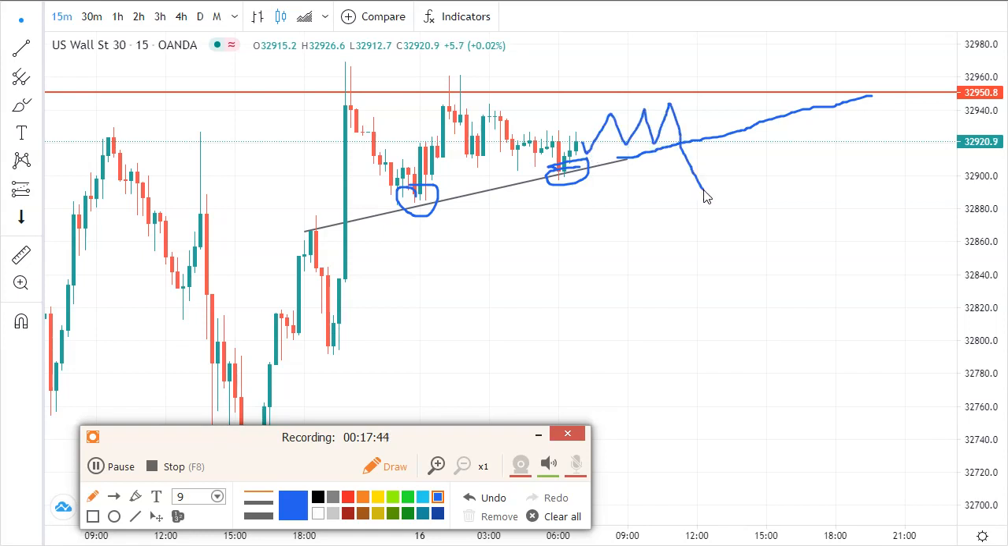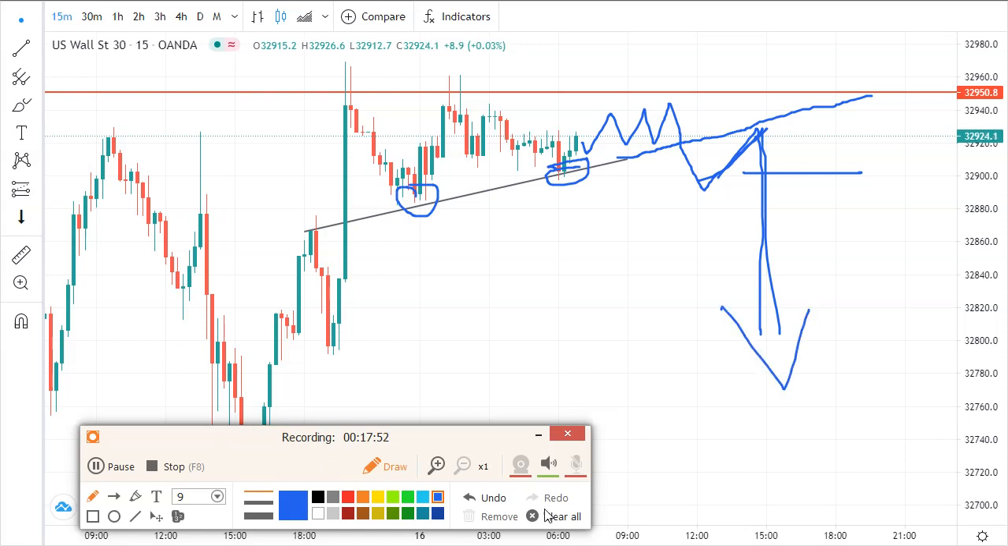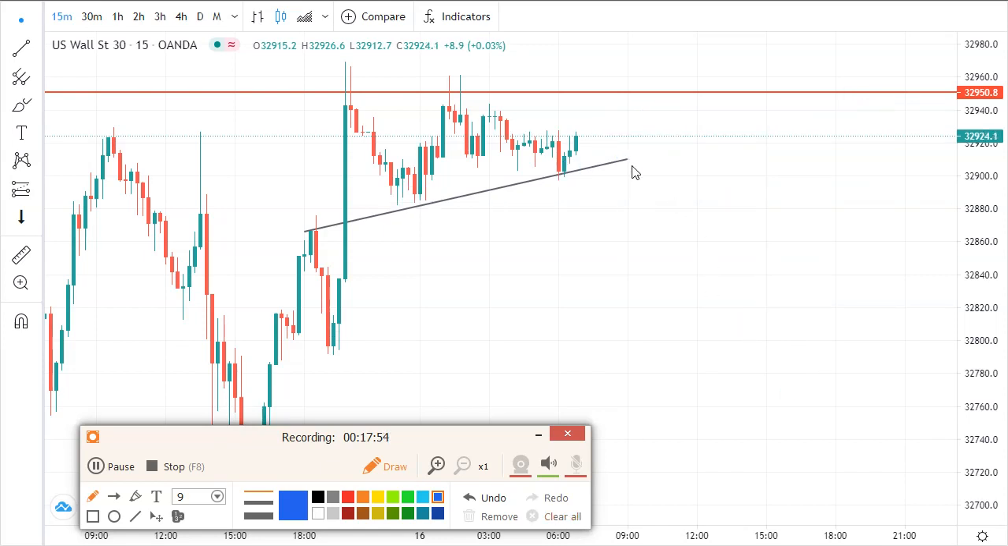When it breaks this point and retests here, you can sell. I like to say when the market retests, because it's a safer way to trade. But you can still get the market when it breaks and closes below, then you can just go with it. But sometimes, most of the time, the market will